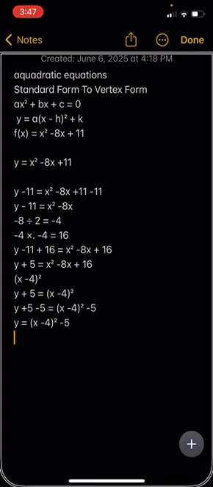Now, something to bear in mind: the quantity in bracket, when we're going to plot it on the graph, is actually the opposite of what we will plot. In the graph, what we have is the x coordinate. This is negative 4 in the bracket. That's what we have. But when we plot it on the graph,